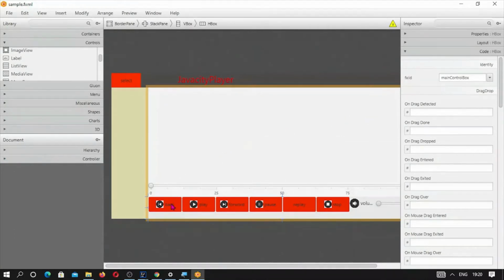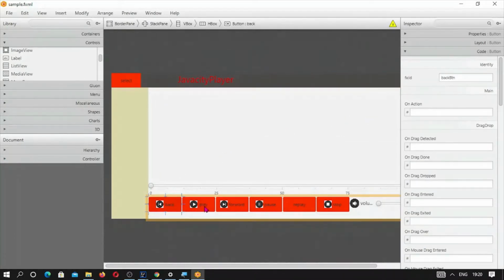And so here you may say already I have done the homework. The back button needs to be defined, and a play button, and this is the forward button, pause button, and replay. I haven't given a name. If we require, we will give it a name. And this is the fx:id. So whenever the controller calls this button, it will be known from the name given here, stop button.